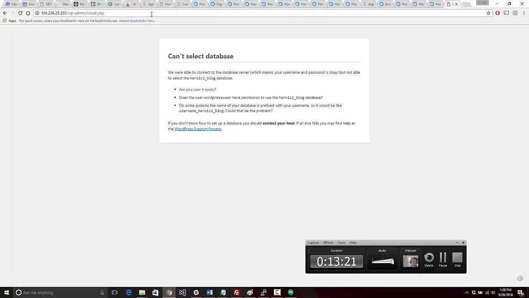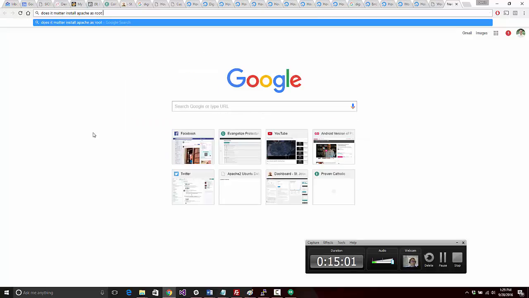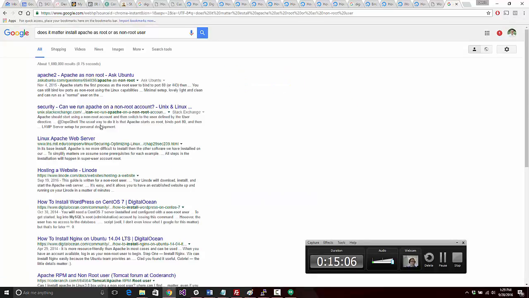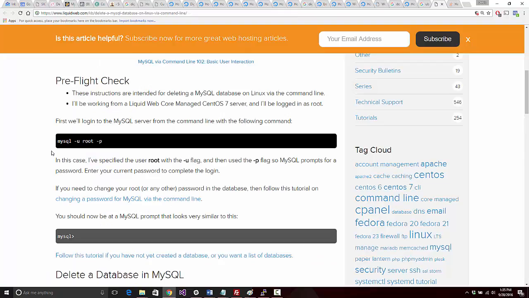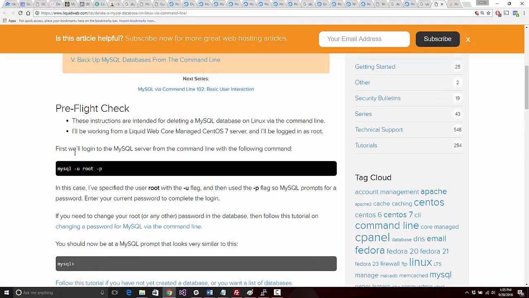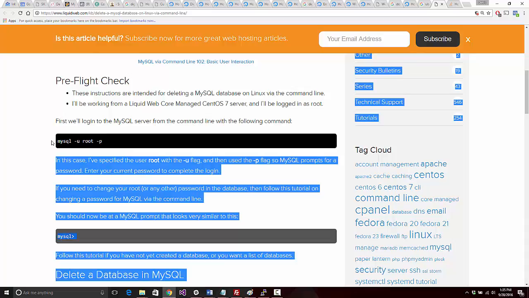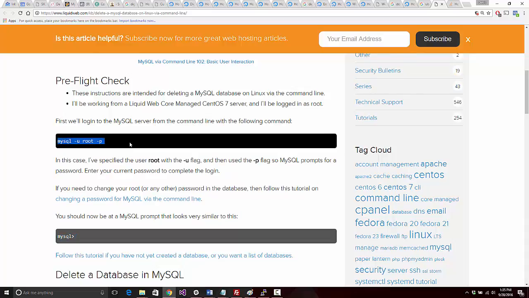So it's saying can't select database. I'm confused as to what's going on. I've got a messed up configuration at this point, and got to figure out what's going on with this. So I suspect that maybe installing as root versus non-root might have been a mistake. So I start to look and see what's happening with that and decide I've probably messed up, and after trying